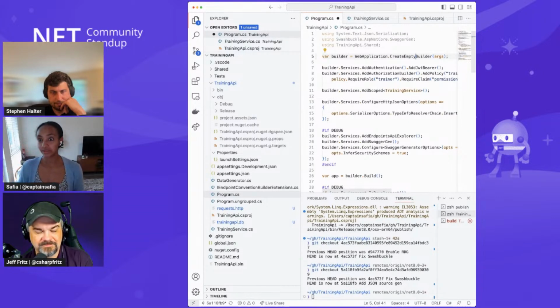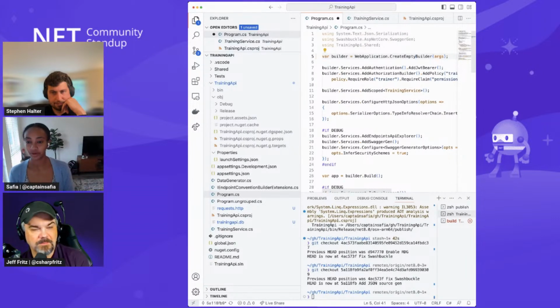And we've talked about what the path forward would look like. There's tons of opportunities and things for us to do in this native AoT effort around support with ORMs like EF Core. So the things we talked about around Open API. And then also we've shipped new APIs like Create Slim Builder and Create Empty Builder to help you have more fine-grained control over how large your applications are.